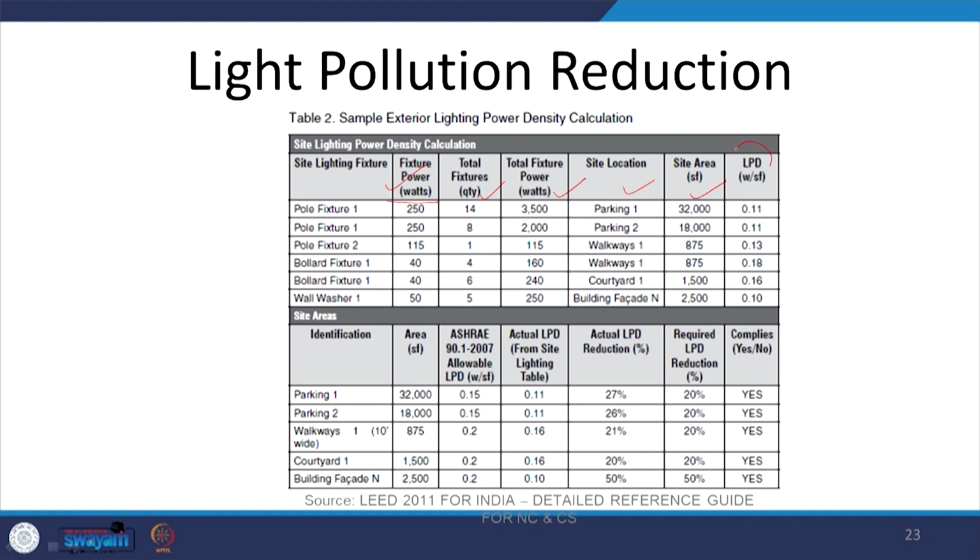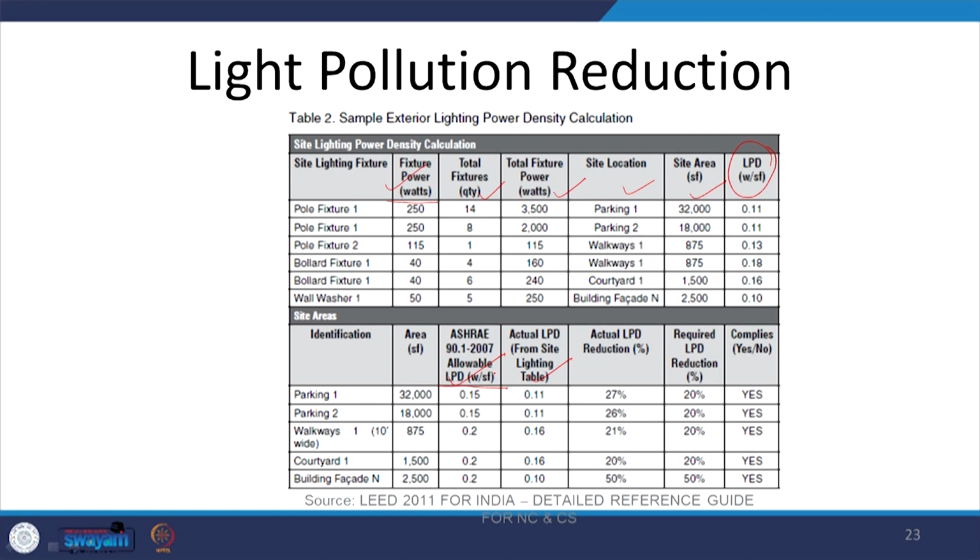Hence, the lighting power density in watts per square feet will be calculated. That actual lighting power density will then be compared with the ASHRAE provisions which we just saw in the previous slide. So, if the actual lighting power density is less than ASHRAE, then it complies, and